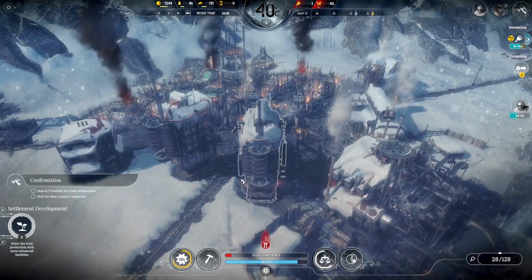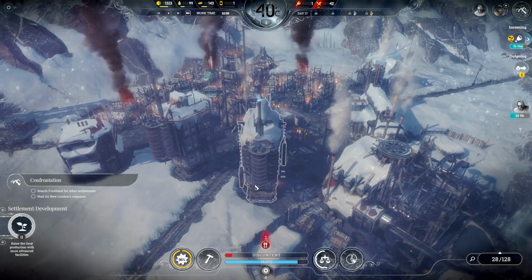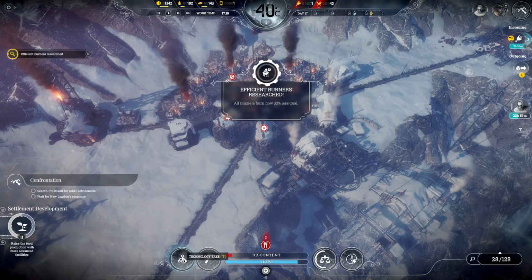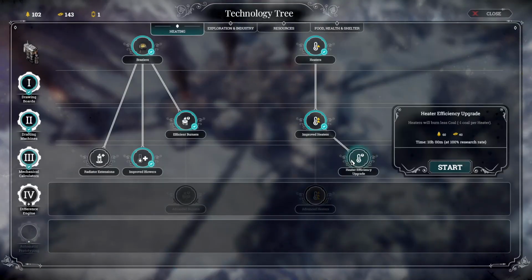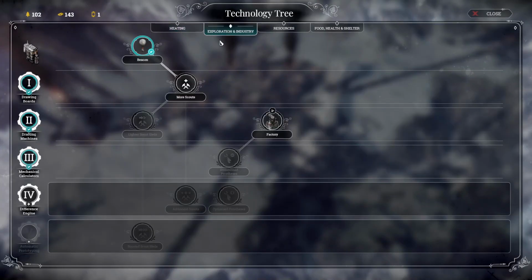Hunger, we got some food in, it's not the end of it. We're doing okay. We're doing okay. People are still a bit sick. There's our efficient burners, that'll make us save up a bit more coal. I could do heater efficiency, but that's really expensive for what it actually is. So,